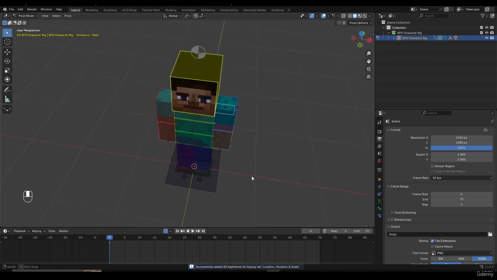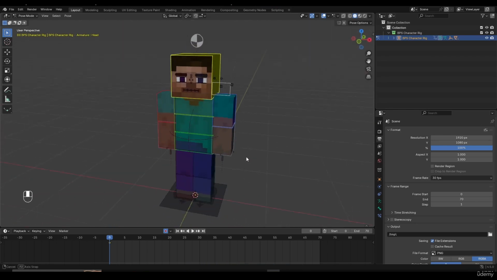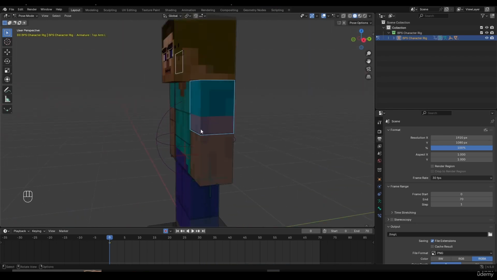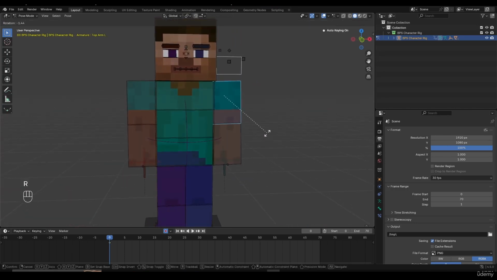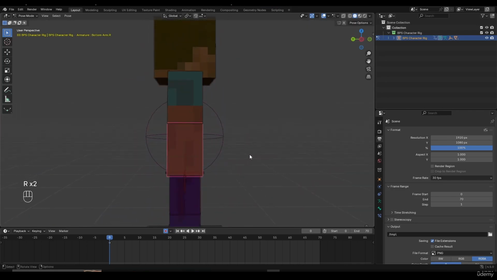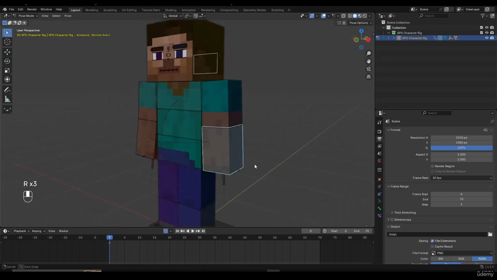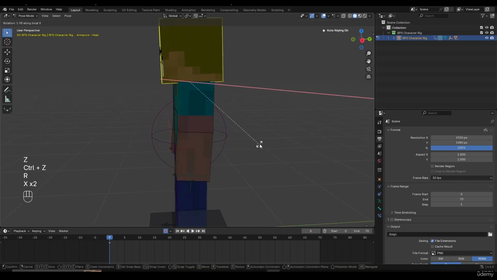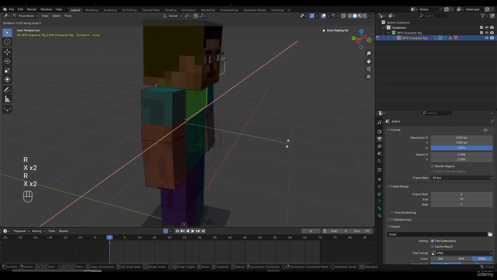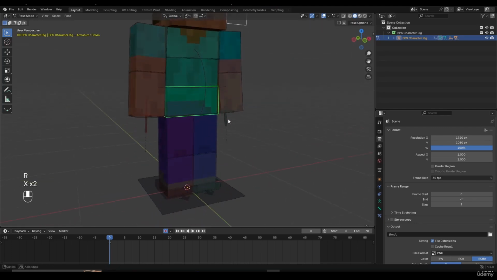Now the character is placed on the default position, which is what we don't want. So let's give the character some idle pose. So maybe I'm going to stretch out the arm. So I'm going to select the arm, press R to rotate and move it to the side. And do the same thing here. Maybe select the forearm, move it slightly forward, just to break out the perfectionism and break out the robotic stance of the character. I can slightly rotate the head inwards, rotate the body inwards like this,